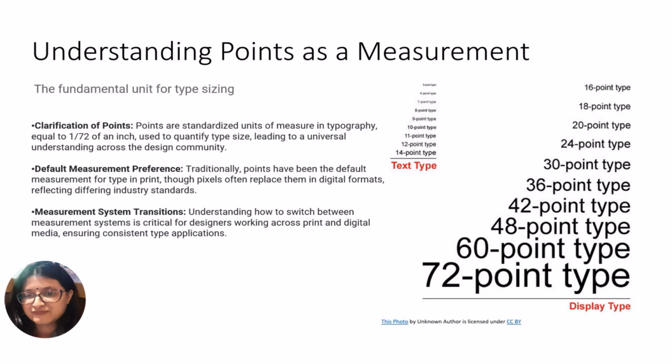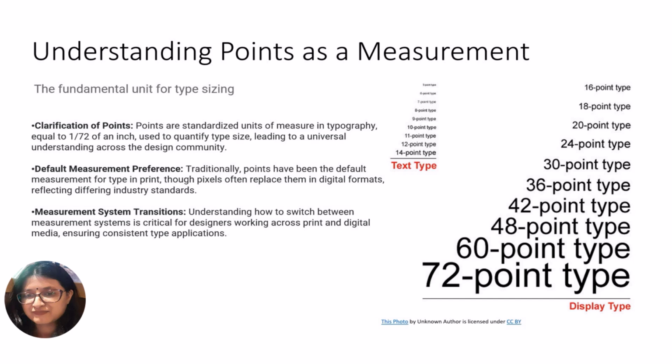So, the clarification of points: points are standardized units of measure in typography equal to 1/72 of an inch, used to quantify type size, leading to universal understanding across the design community. Default measurement preferences. Traditionally, points have been the default measurement for type in print, though pixels often replace them in digital forms, reflecting differing industry standards. Measurement system transition. Understanding how to switch between measurement systems is critical for designers working across print and digital media,